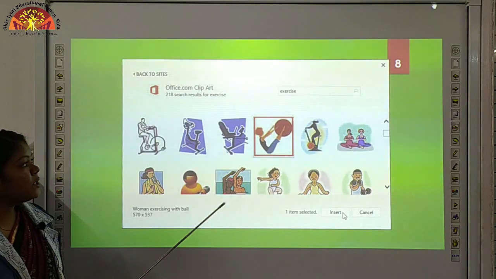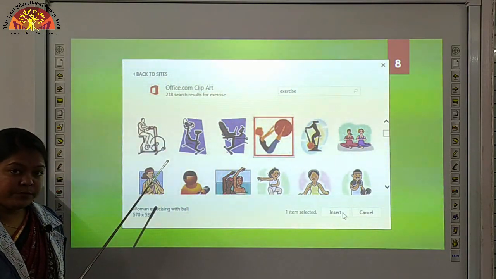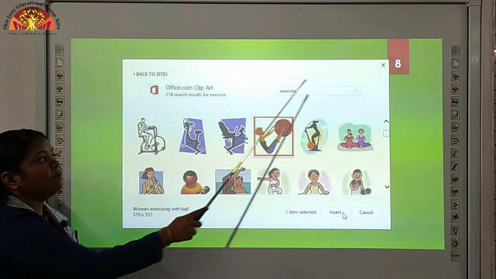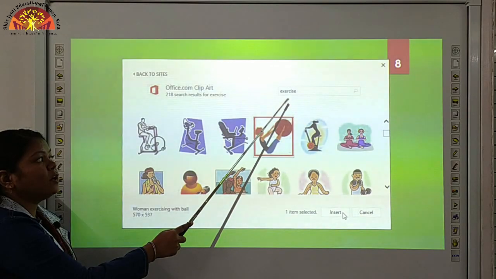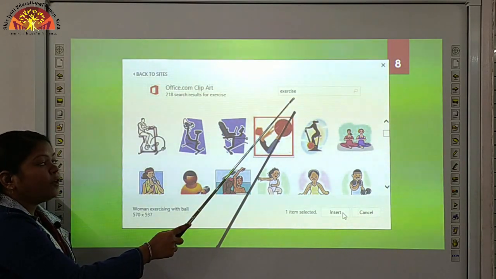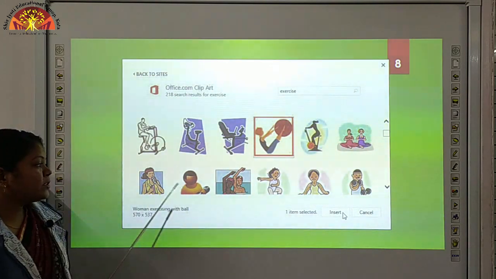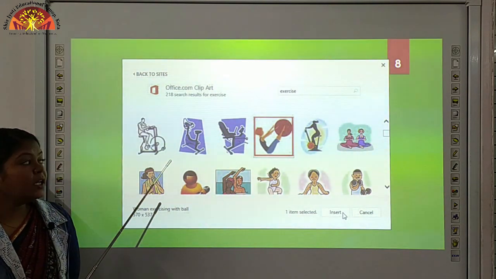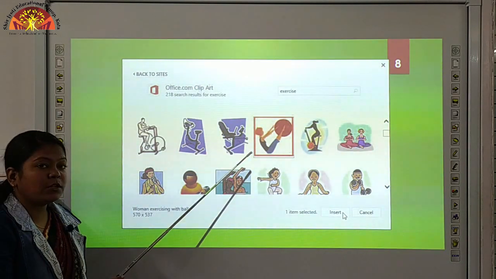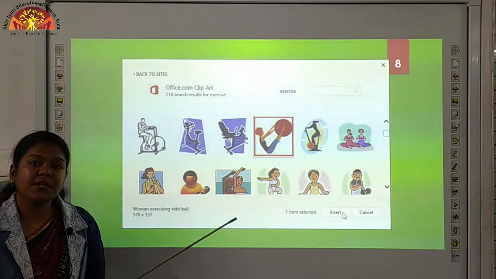Now you can see students, this is the online pictures dialog box that appears on your MS PowerPoint screen, and here we have the search box. In the search box I have typed exercise, and press the enter key. When you press the enter key students, then here you can see various pictures appear on your screen related to exercise. To choose any picture you have to click on that picture and then that picture will appear on your MS PowerPoint